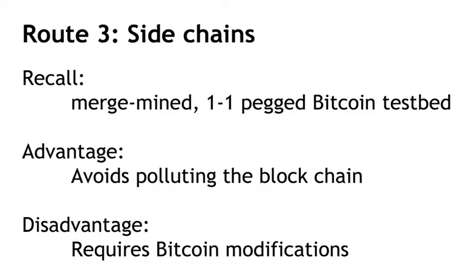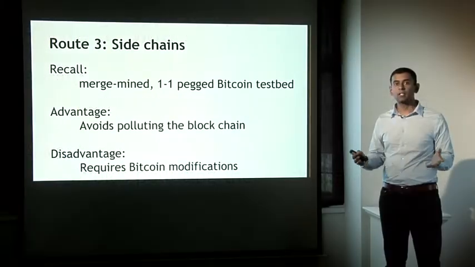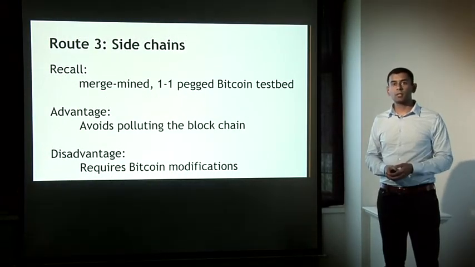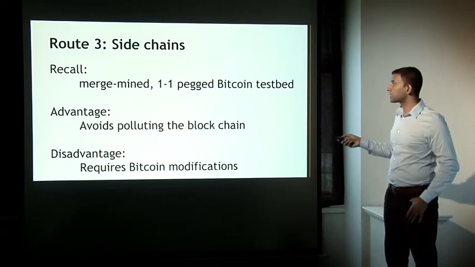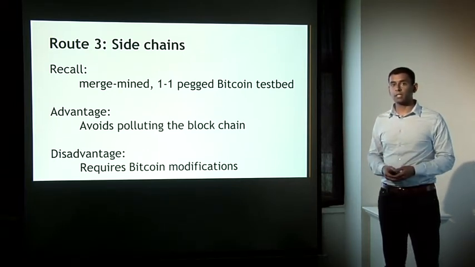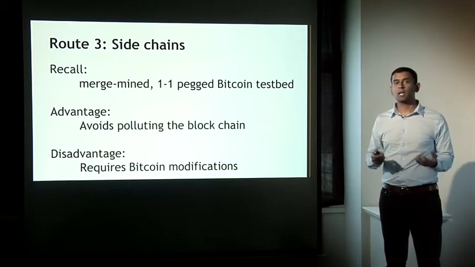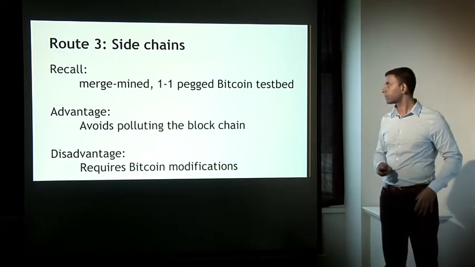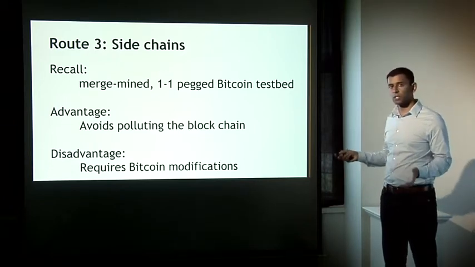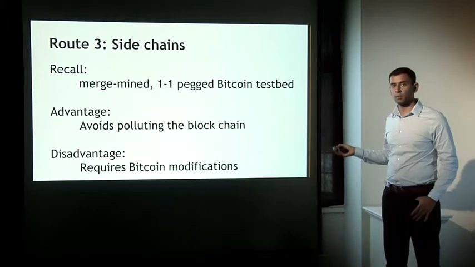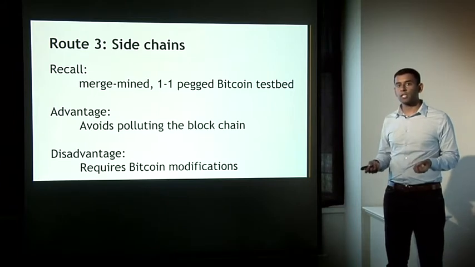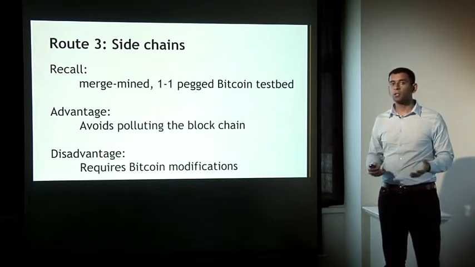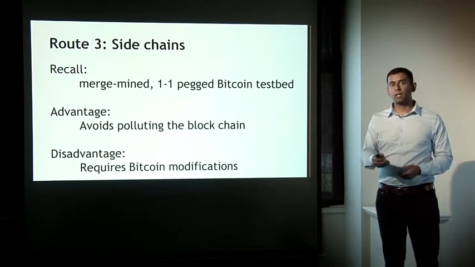The typical use that it's been proposed for is a Bitcoin testbed. People want to try out different interesting modifications to Bitcoin, and they want to do that without messing with the Bitcoin system itself, but still have interoperability of currency between these two systems. But perhaps we can use sidechains with enhanced scripting properties, let's say, in order to achieve some of these complex contracts and other things that one wants to decentralize. The advantage, of course, compared to embedding, which it's somewhat similar to, is that you're not polluting the blockchain. But the downside is that in order to even support the notion of a sidechain, Bitcoin modifications are necessary. So who knows if this is going to happen, but if it does happen, it could provide another interesting alternate route.